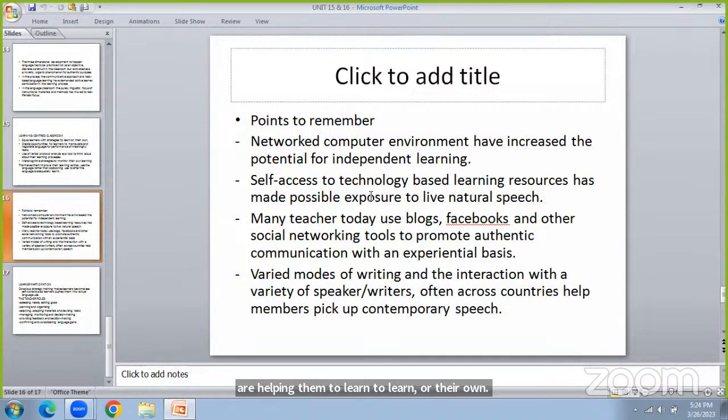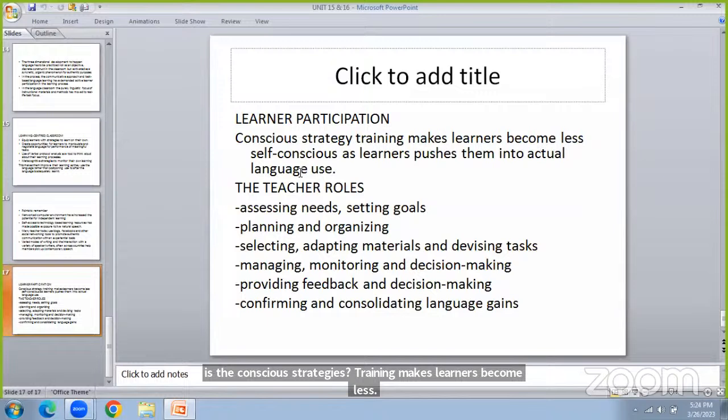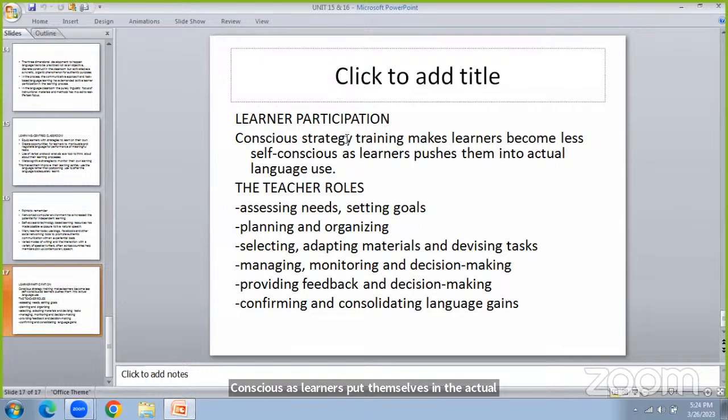That means it is learner autonomy. The learner will be learning independently, moving forward and taking responsibility for learning things himself. So these are the platforms, the things that are facilitating learners to learn the language. And then learners' participation. What is that? Conscious strategy training makes learners become less self-conscious as they push themselves to use the actual language. So we need to give them conscious strategies so that in real life they can use the language